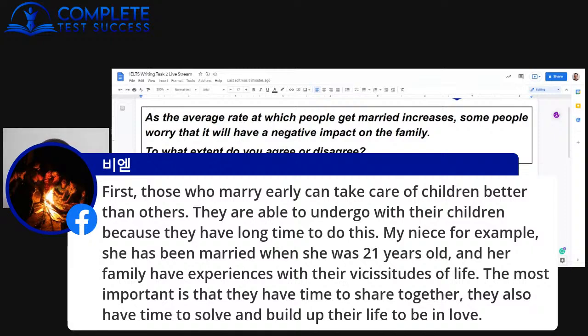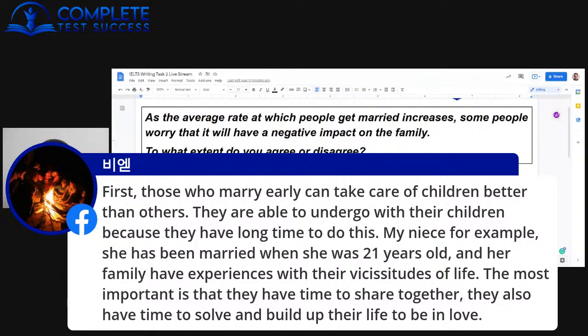My niece, for example, she has been married since." So it would be she got married, or she has been married since. When you're using present perfect, you have to use "since she was 21 years old. And her family has, so her family has experience with their,"